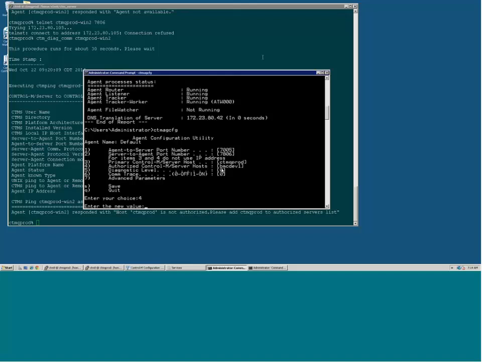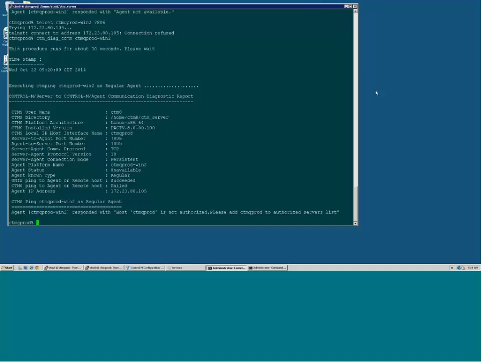I'm going to enter the correct value. And again, to make sure I'm entering the correct value, which should be ctmqprod, I'm going to just minimize this for a moment. Here we look at the server, CTMS local IP host interface name, ctmqprod. So that's the value I'd like to enter,